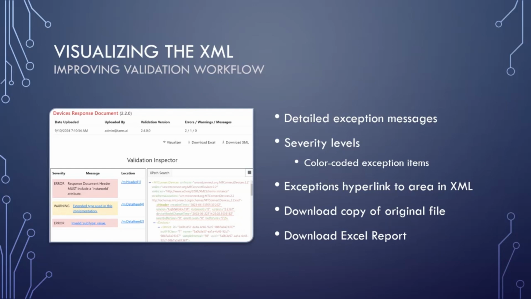So we introduced a Microsoft Office style squiggly line under the nodes. You can see here at the very bottom for the header, you get red squigglies because there's an error. In the case that you have very large XML files, we also added the feature to be able to click on individual exceptions, and it jumps you to that spot of the XML to review it further.